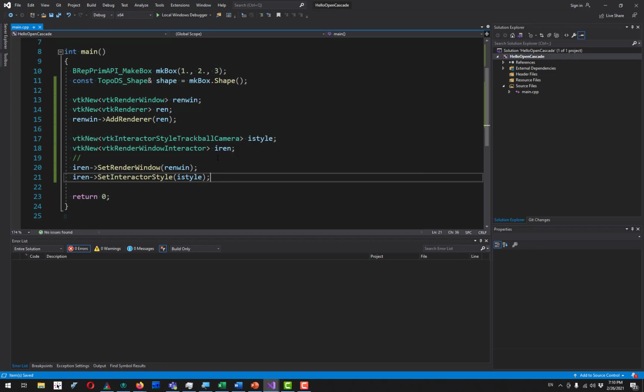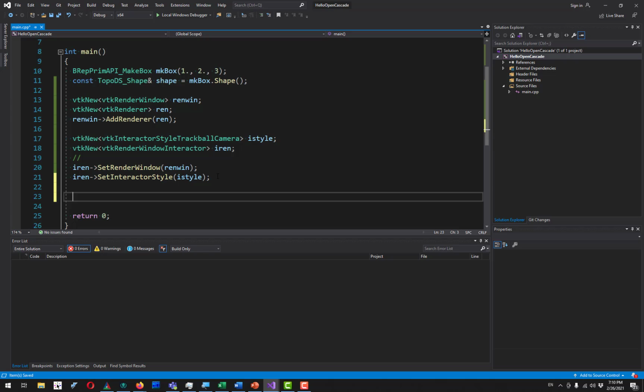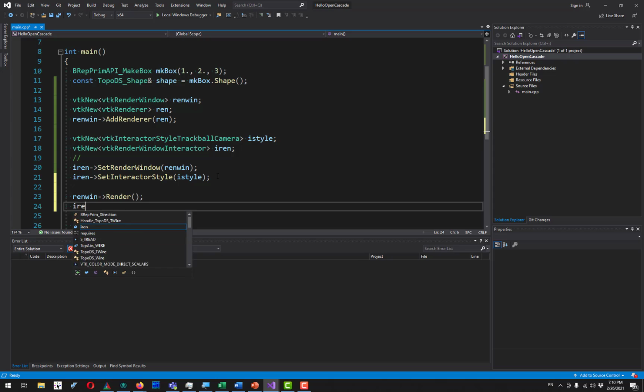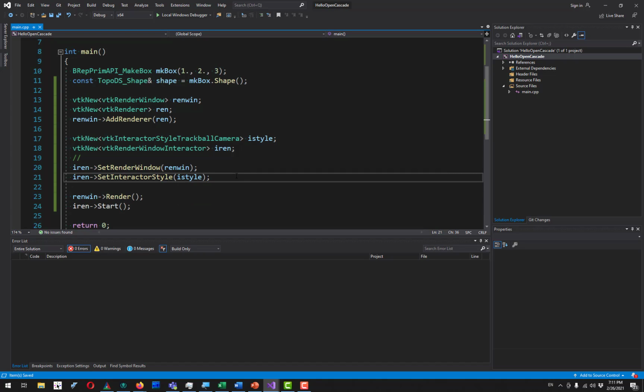include basically rendering invocations themselves. So what I have to do, I have to call this renwin, then render to have my window, and then I also have to start this interaction using this start method of my render window interactor. Basically, that's a bare minimum of code which you need to have in order to initialize a VTK